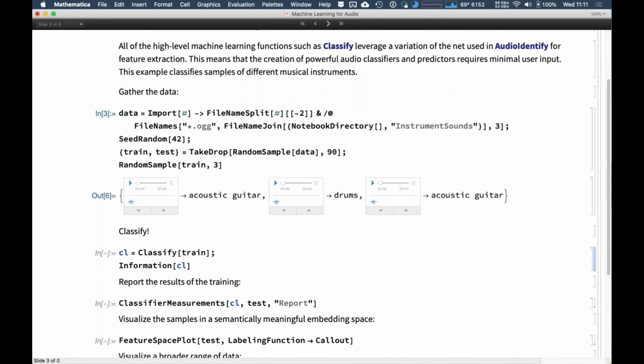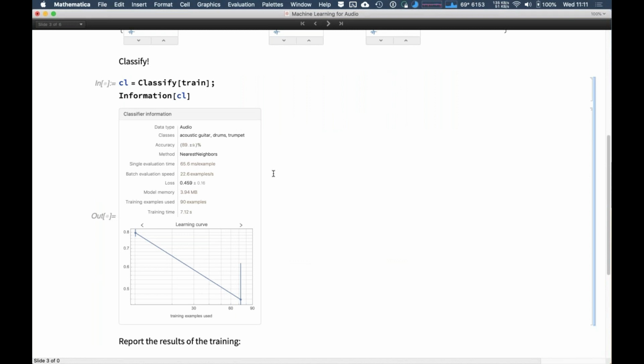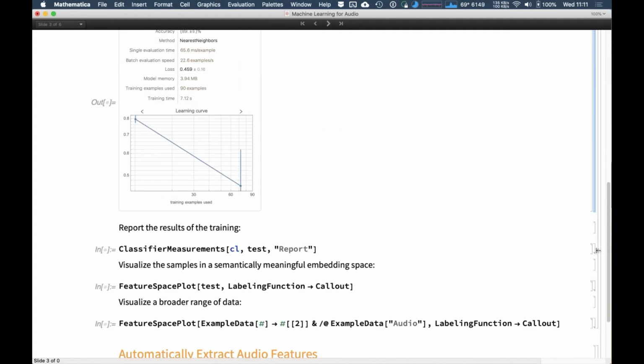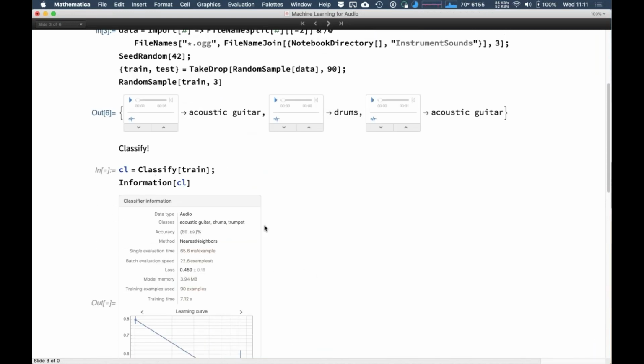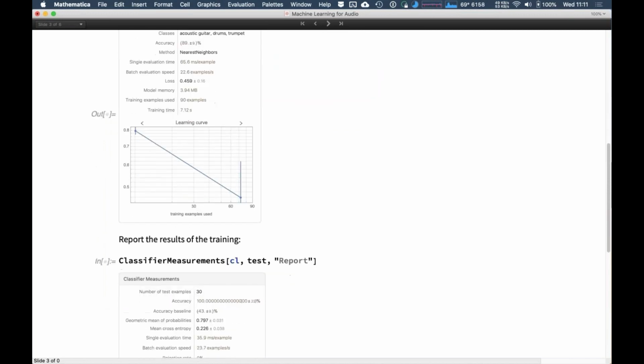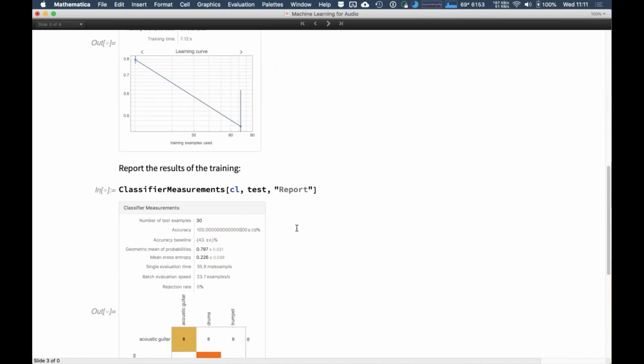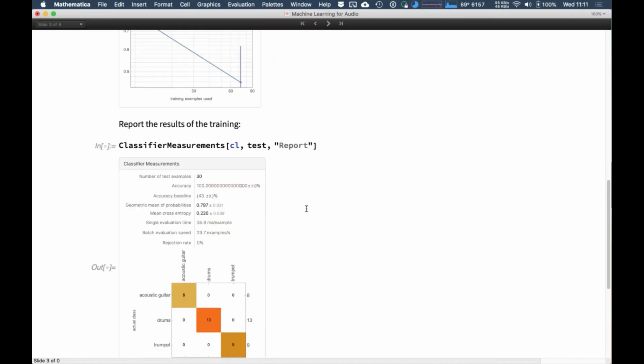And I can easily call Classify on them. I will not do that now because of all the issues that I'm having with screen sharing. As you can see, the training time is very short, I get a reasonable accuracy on the training set. And if I measure this on the test set, for this specific choice of test set, I even get a 100% accuracy. And this, as I said, has no user input. I just have a collection of audio data, and I just call Classify on them without doing any net surgery or transfer learning or anything. Everything is handled automatically by Classify.